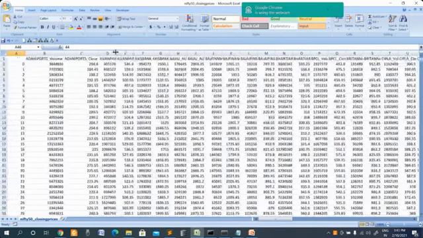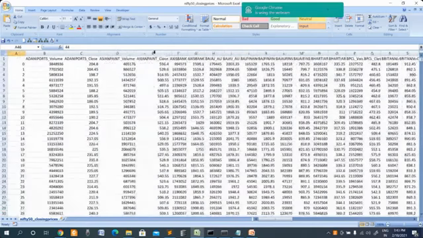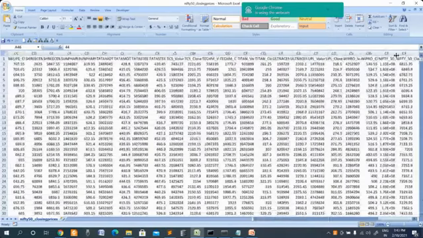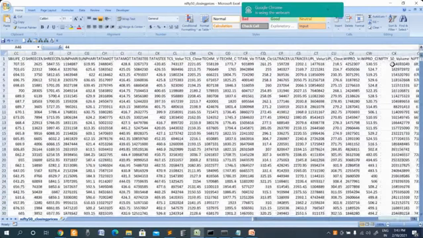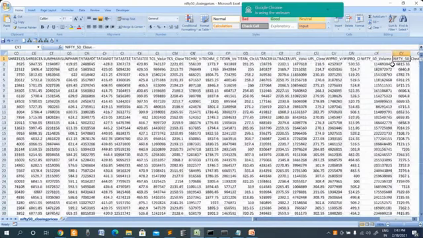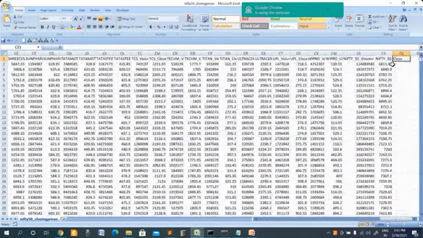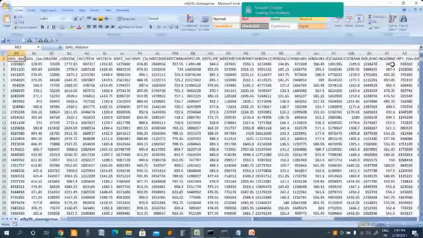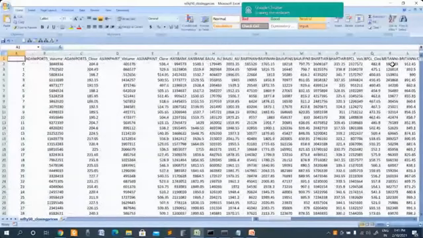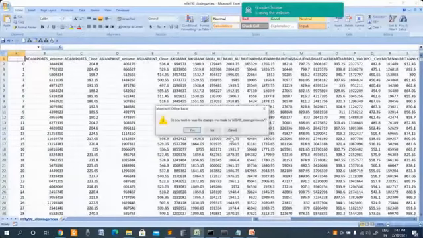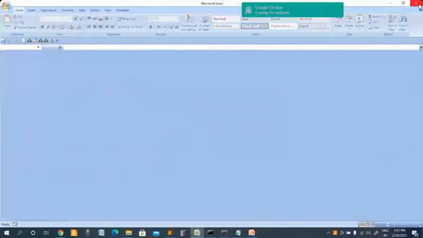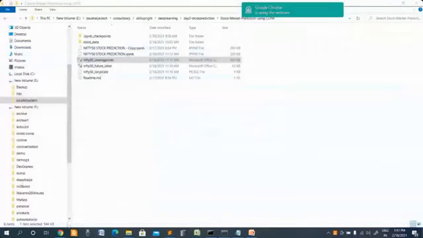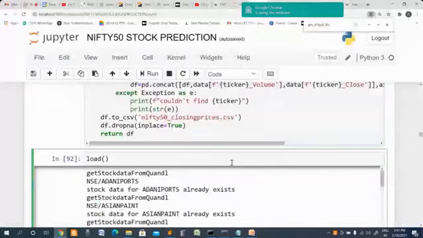So for each of the days we have extracted this information, and at the end if you look, there will be Nifty 50 volume as well as Nifty 50 close, right? So all this information is there. So this is what we have done. Once it is done, again we'll go forward.